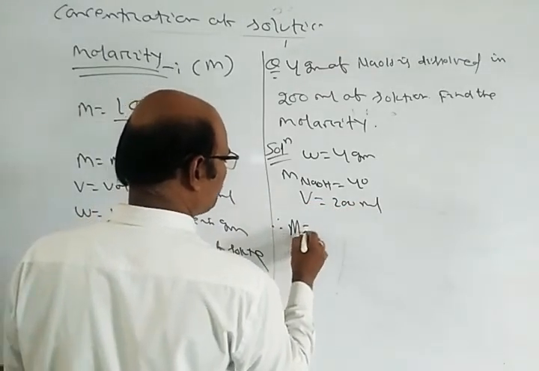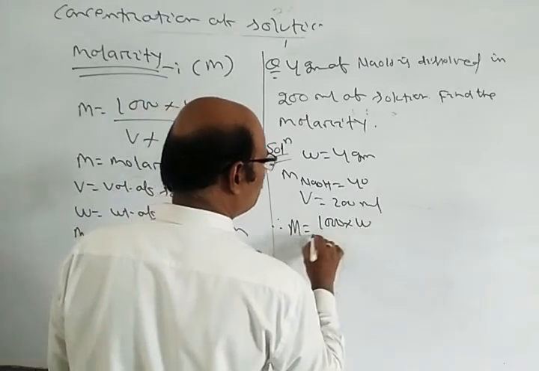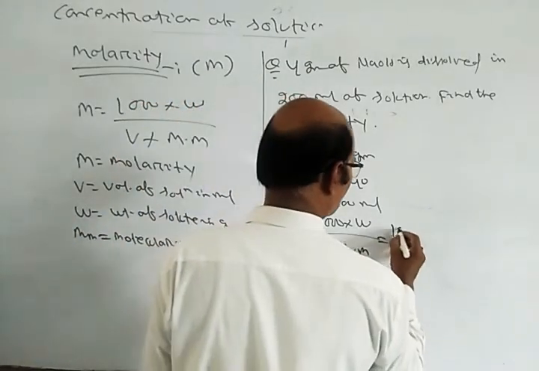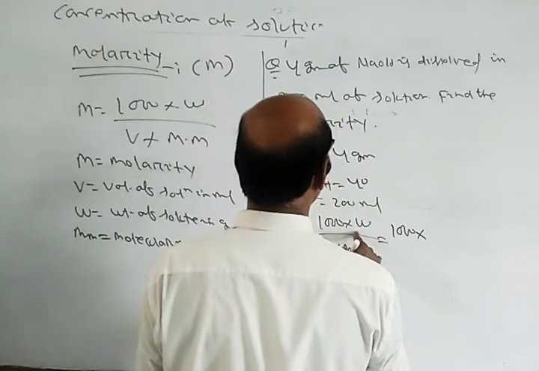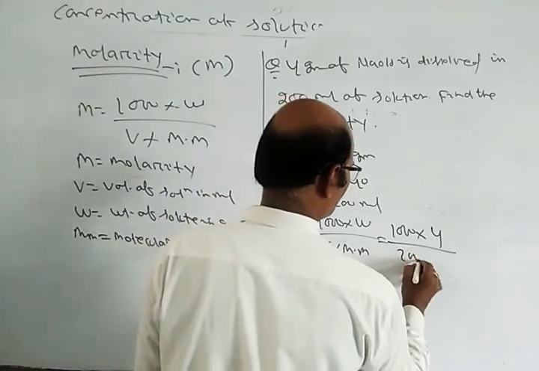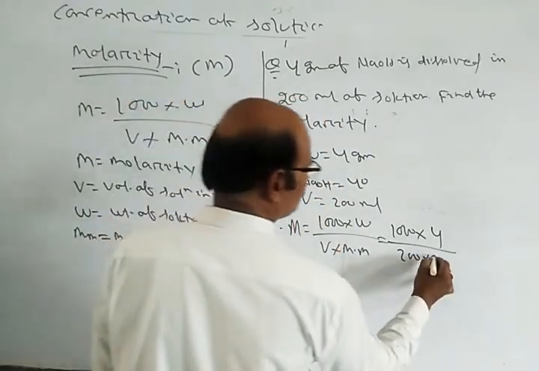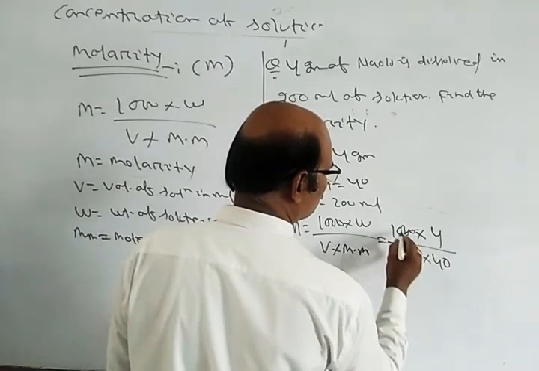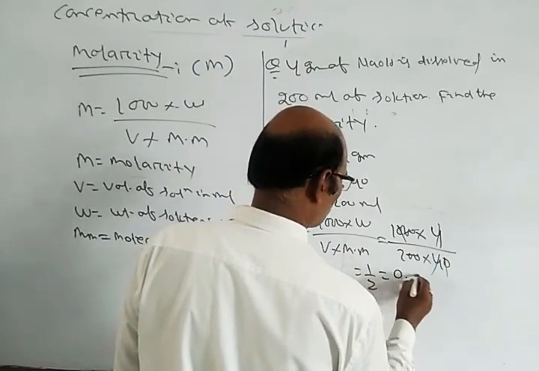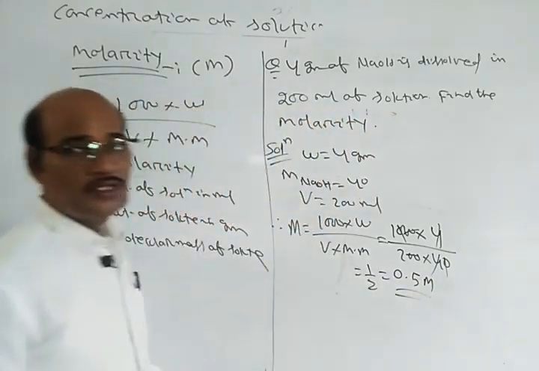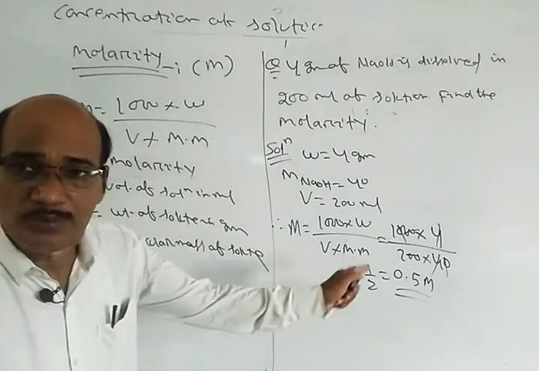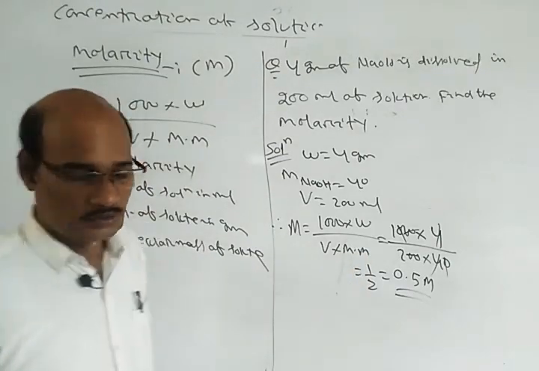Therefore molarity M is equal to 1000 into W by V into molecular mass. That is 1000 into W, which is given here as 4, by V, given here as 200 ml, into molecular mass, which is 40. So cancel out, equal to 1 by 2, equal to 0.5 molar. So the molarity of the solution is 0.5 molar. Okay, now next,